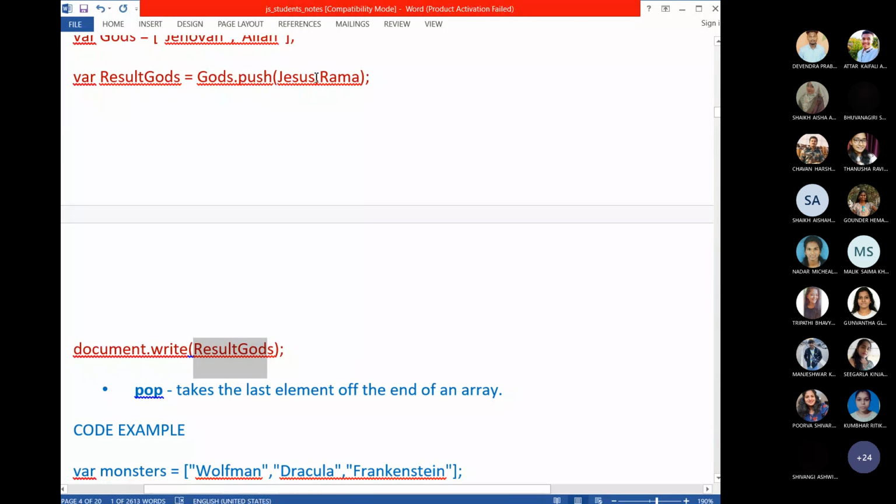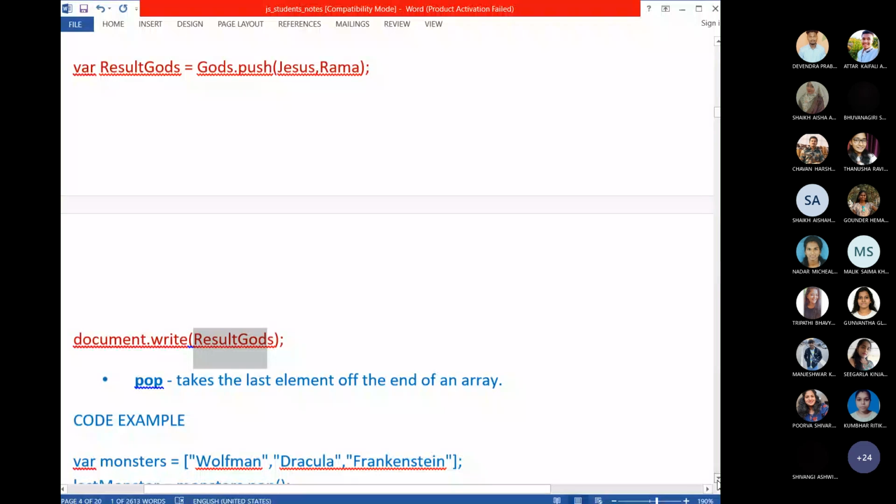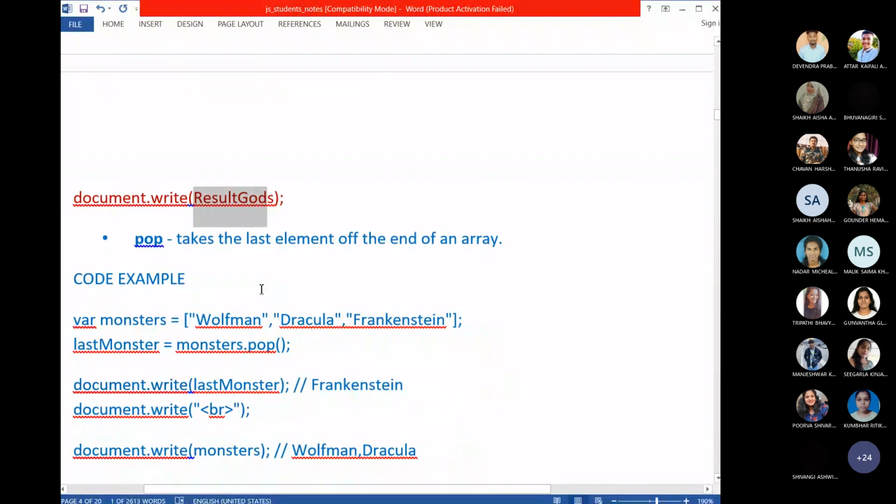Now this push will push these two elements with this gods. Gods already has two elements. With these two elements, these two more elements will be appended, and the result will be a 4-element array object.